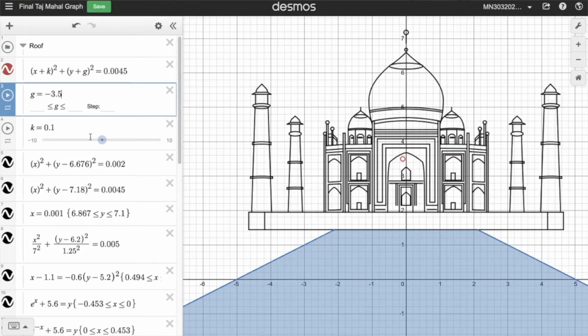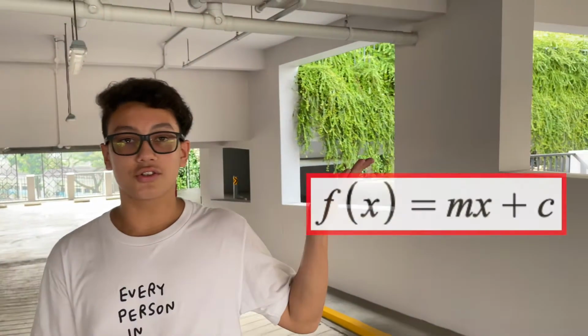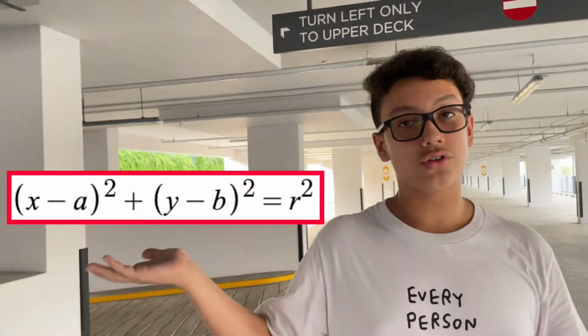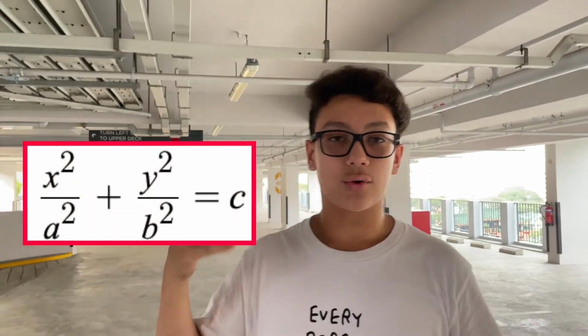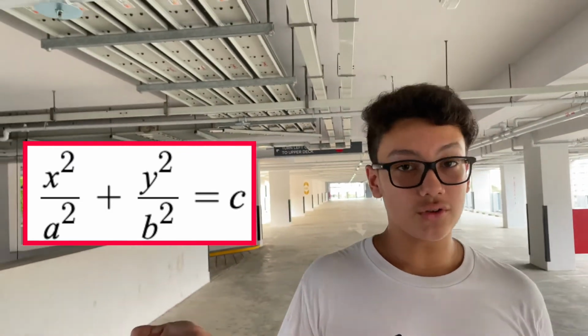As for a list of all the functions we have used: linear functions, f(x) equals mx plus c; quadratic functions, f(x) equals ax squared plus bx plus c; exponential functions, where f(x) equals e to the power of x; circular functions, where (x minus a) all squared plus (y minus b) all squared equals r squared. And lastly, we used oval functions, where x squared over a squared plus y squared over b squared equals c. With this, we were able to make the primary structures of the Taj Mahal, like windows and